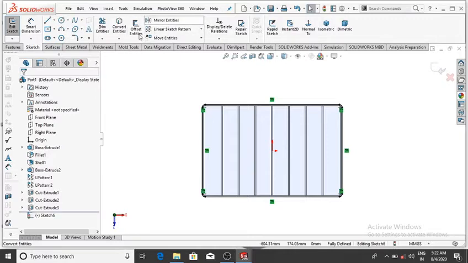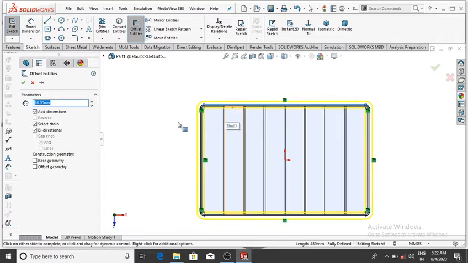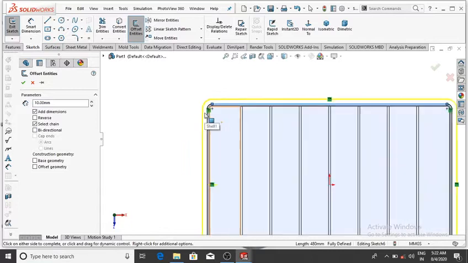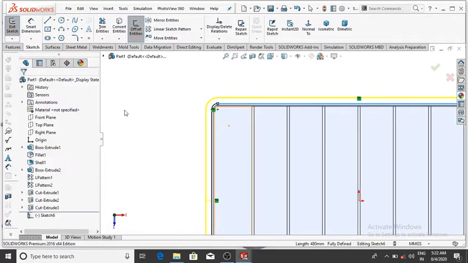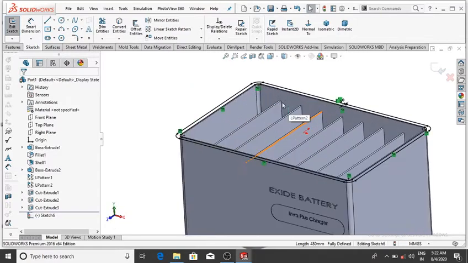So go to the offset entity and make the offset of 10 mm. So enter and select this line, it will be selected, but we don't want bi-directional, we want only one direction. So untick the bi-directional and it will be only one direction. Then okay,